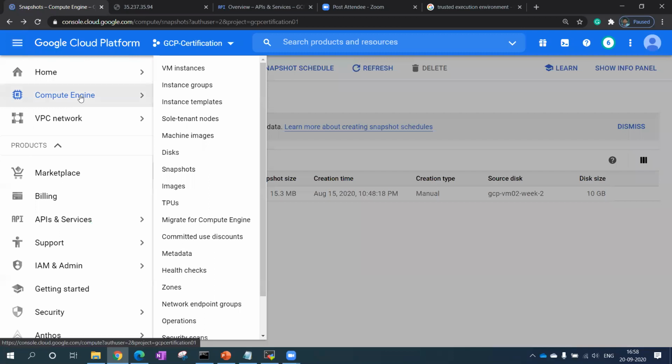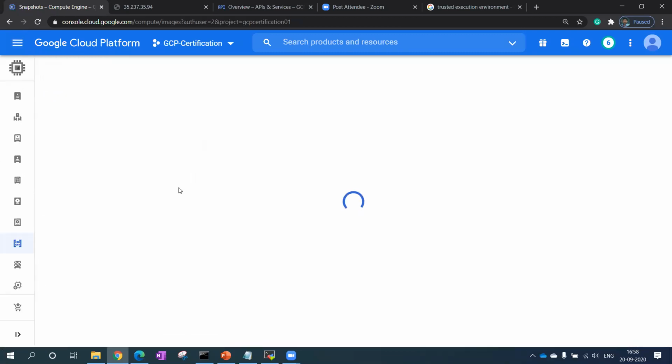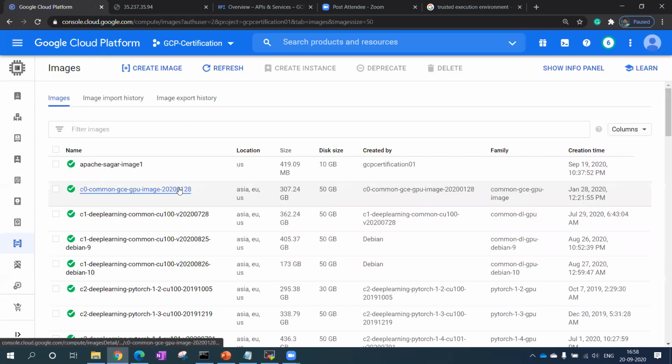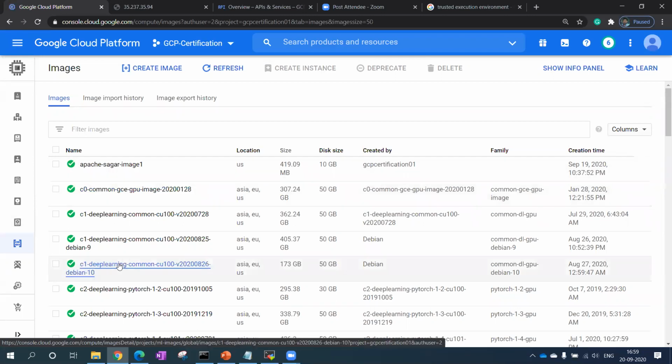Then next, image is also an important part here. If I want to create a public image, or a golden image, that image should be used every time I create a new VM. If somebody from another project wants to take my image, he can take it also. So I create an image for other projects as well.